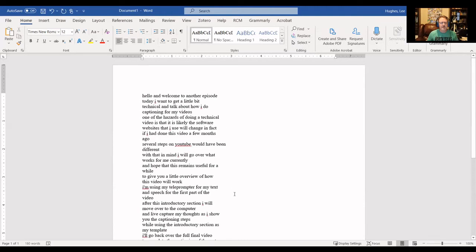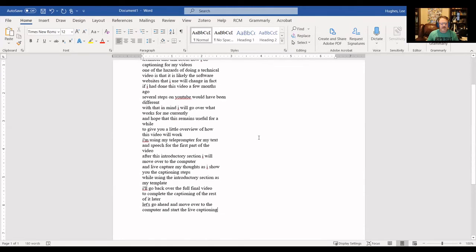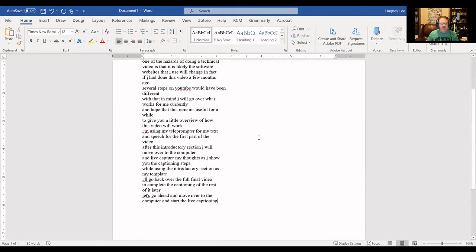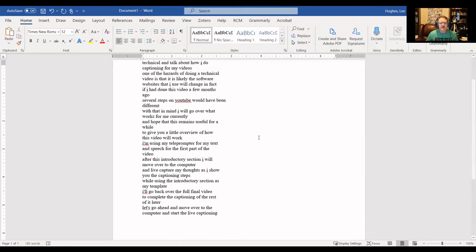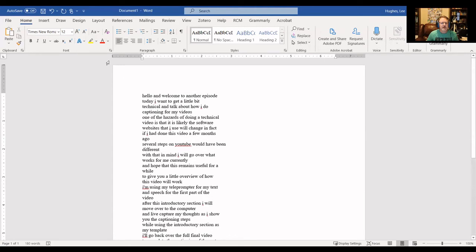So here is the text. But you can see it has all these little short line breaks, and that is going to cause us problems. So what I want to do is get rid of that, and it's actually fairly fast. The reason I'm doing this in Word instead of WordPad is this, what I'm going to do right now.